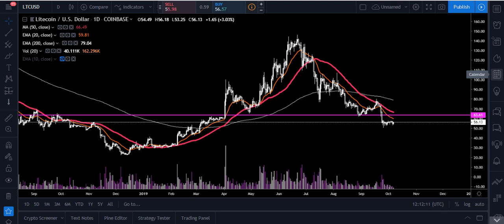Chris here. I want to bring you all an update on Litecoin, and this is going to be Litecoin LTC USD that we're looking at today, guys. First of all, what I want to point out here is Litecoin is up 3% right now. We're at $56.13. The main thing that I'm paying attention to, though, guys, is we're still below some key resistance areas,